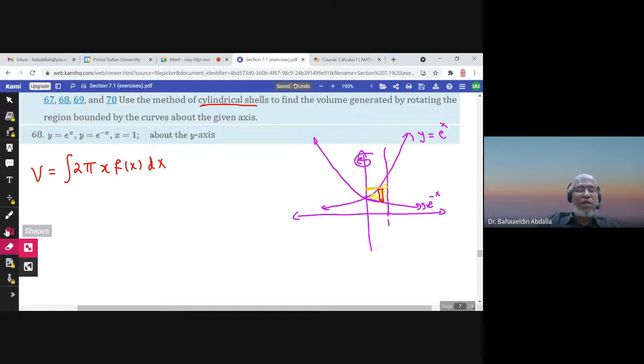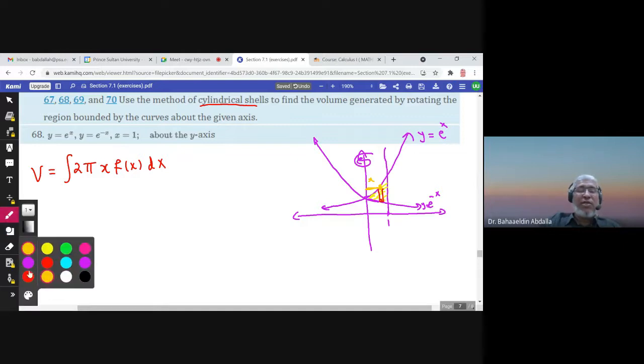This region is in fact x, because this point has coordinates x and y. So it is x, and f of x is the height of the rectangle, and the height of the rectangle is